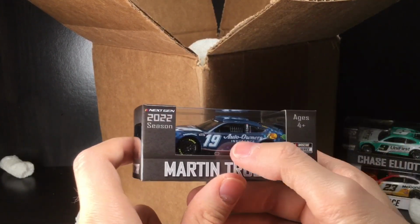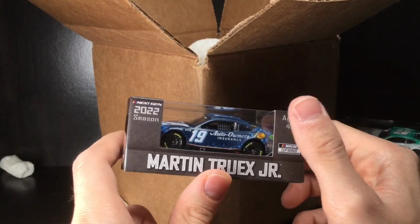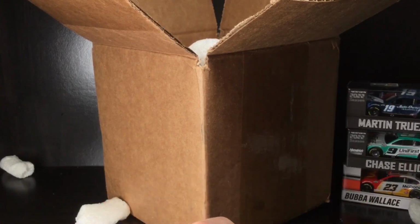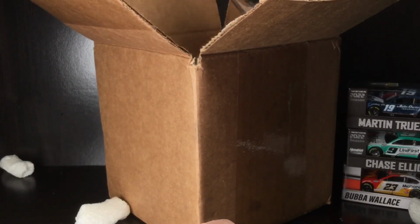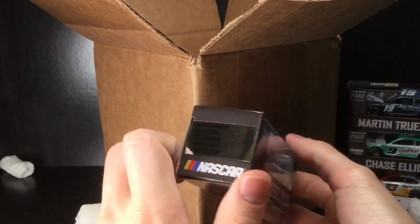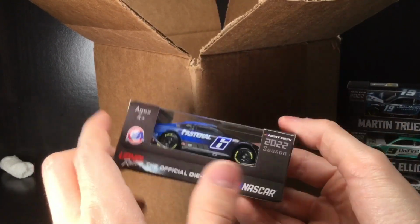Minecraft. Yes, it has the pixelated block design. As a gigantic Minecraft fan, this diecast is definitely something I was looking forward to very much, and I'm just so thankful to get these cars. Our first RFK Ford Mustang for Brad Keselowski, the Fast and All Ford, and my goodness, guys, check out this